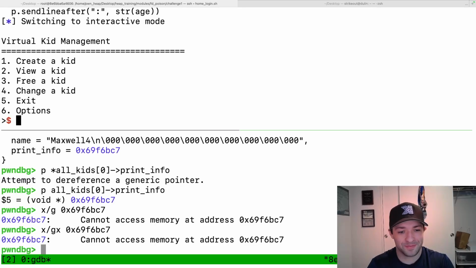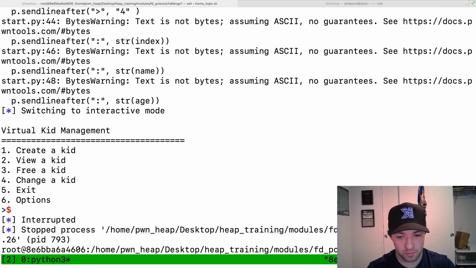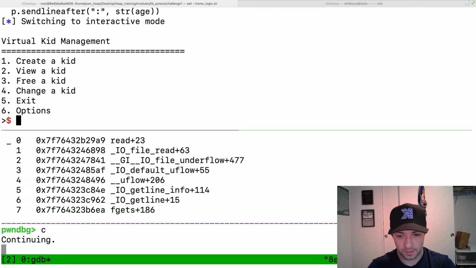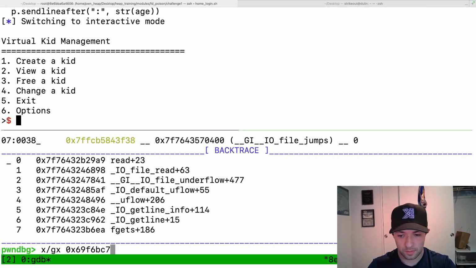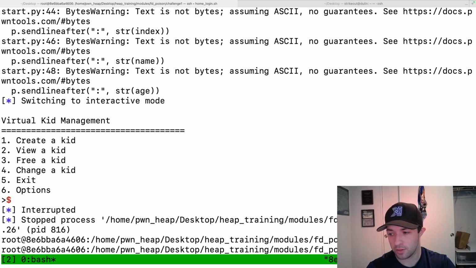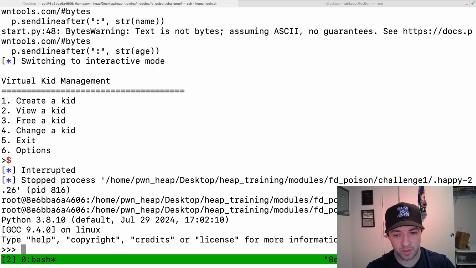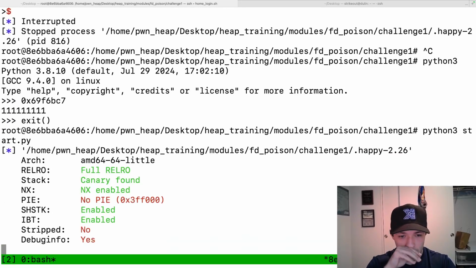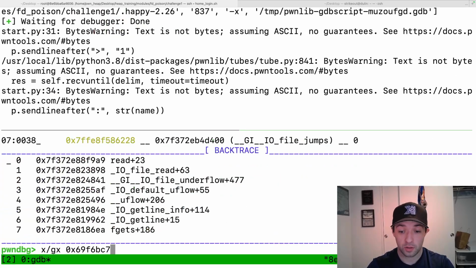That's not a real pointer. So we've given it a value that's invalid. I'm guessing that that is just a bunch of 1s if we looked at it. Copy that, and I do this all the time. I just go and look in Python real fast, like with a print in value. That is all 1s, so we're able to corrupt that. But just to drive the point home further,